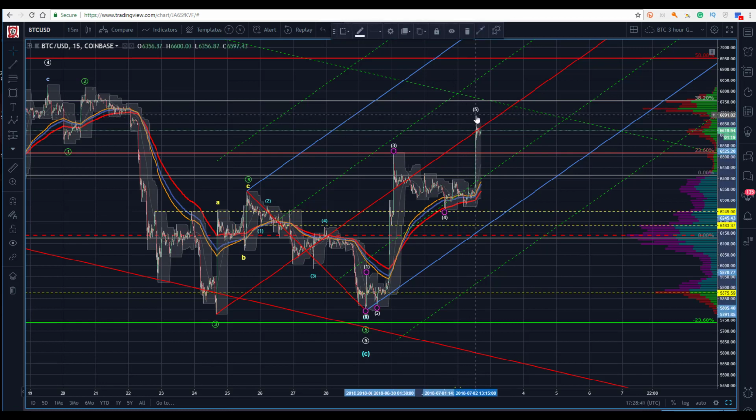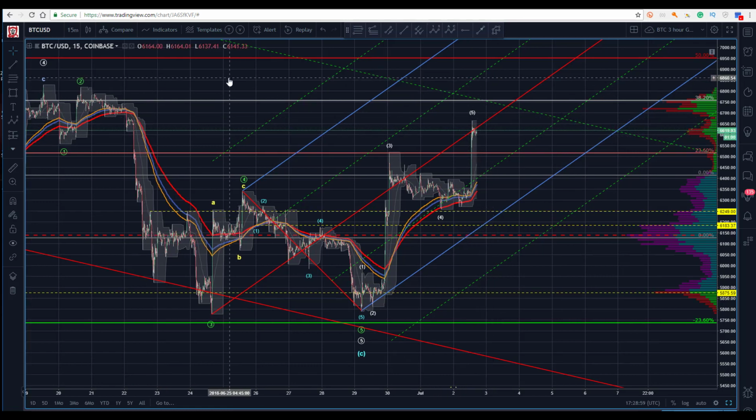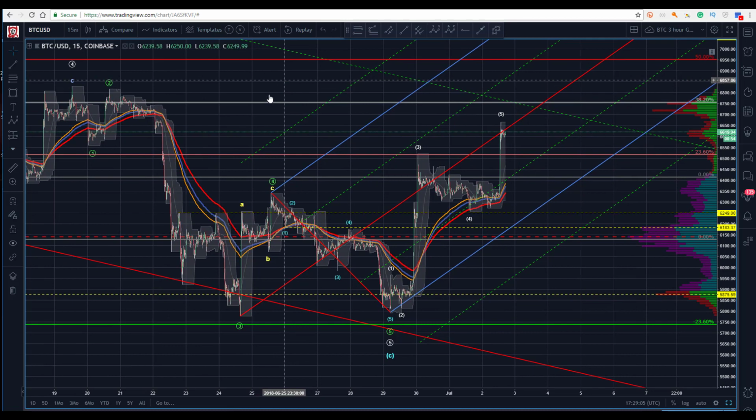So if we put that in context, we can't be sure just yet, but it looks like that's a candidate for a 1. We'll wait and see when we start to move away from this to define that pivot. Right now, it looks like it's trying to put in a little ABC, and there may be another push up on that. But at some point close by, we're going to put in a pivot. So let me take some of this off here.